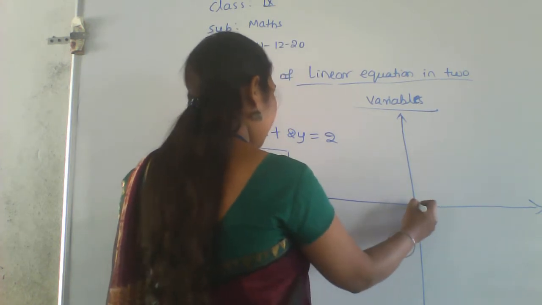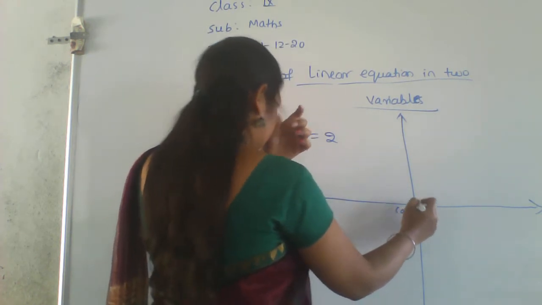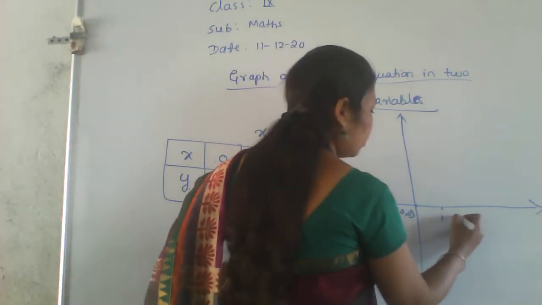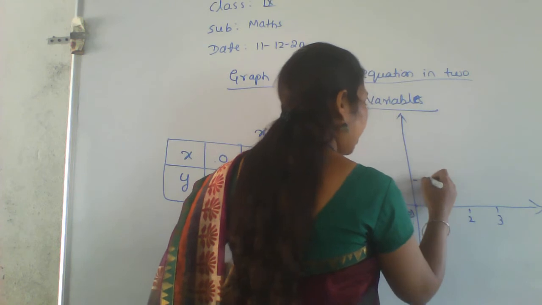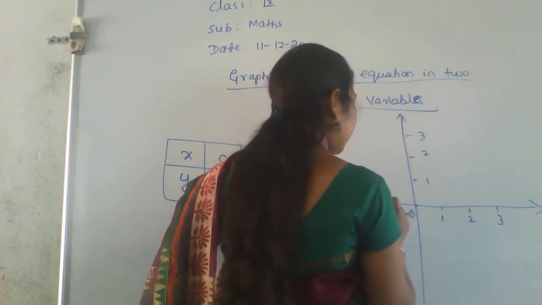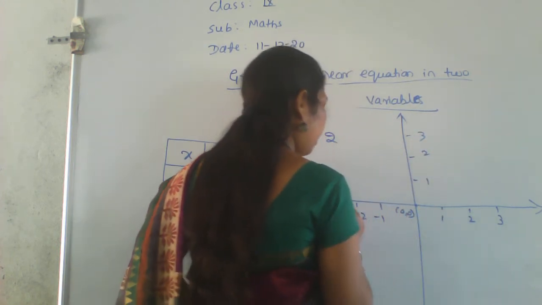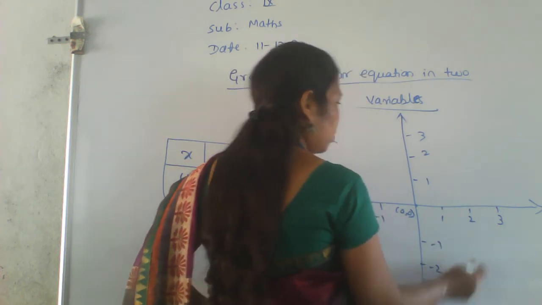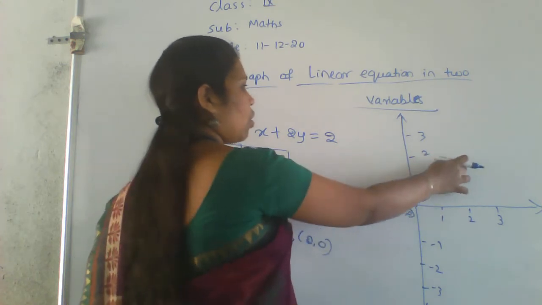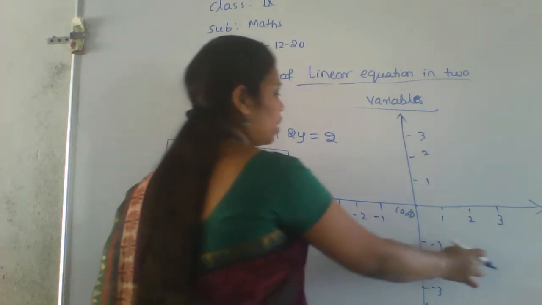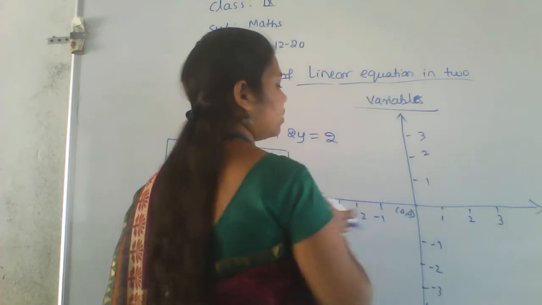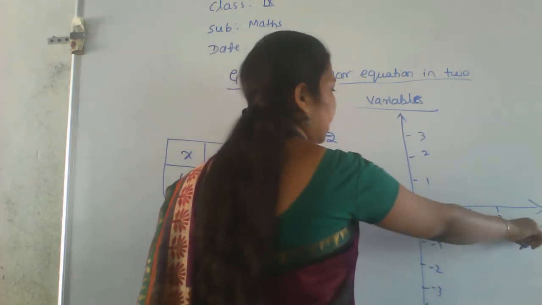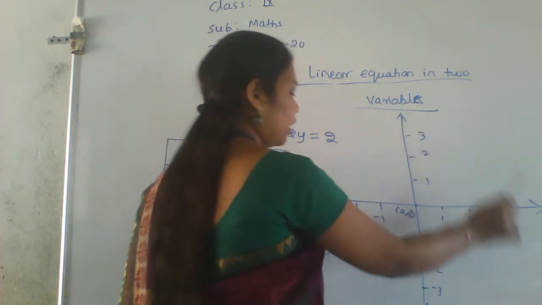This point is called the 0, 0. That is the 0, 0 coordinate. So here 1, 2, 3, and here we take 1, 2, 3, and here -1, -2, -3. I told you which coordinate it is like that. First quadrant, second quadrant, third quadrant, fourth quadrant. Here positive. This is called the x-axis. This is called the y-axis. This is x dash, y dash.